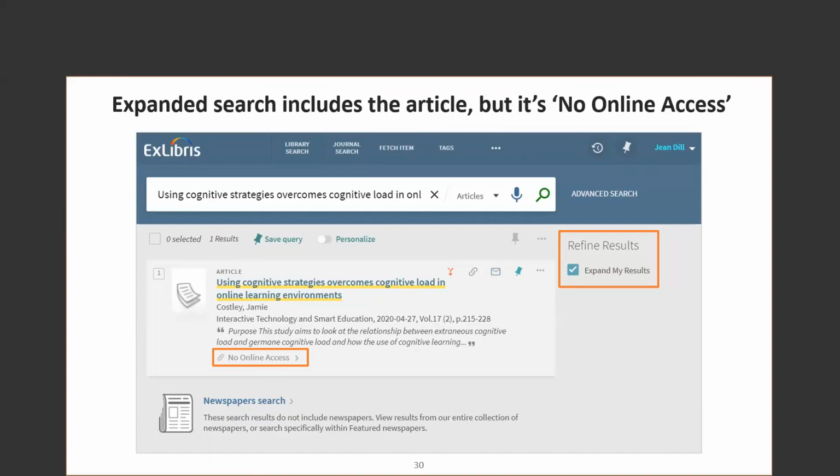So if you click into this Using Cognitive Strategies article and you've activated it and you have access to this particular portfolio and article, once you click into it, that's the point when Primo VE is making an API call to Alma saying, let's double check, do we have access to this or not? And then at that point, if you have access, you'll see the no online access flip to online access, and you'll see your link resolver, the full text option appear in this article. So that's in the case where you have activated it, but you're waiting in that period for the availability flag